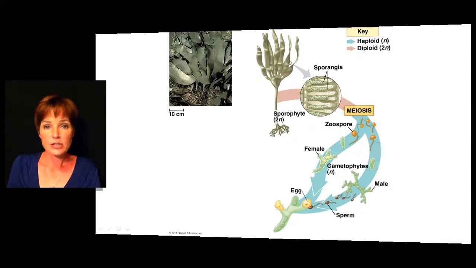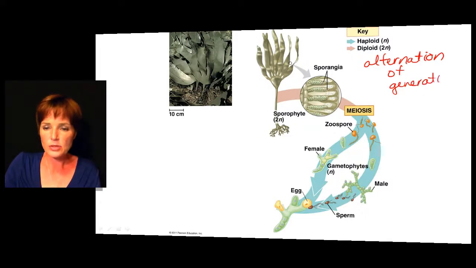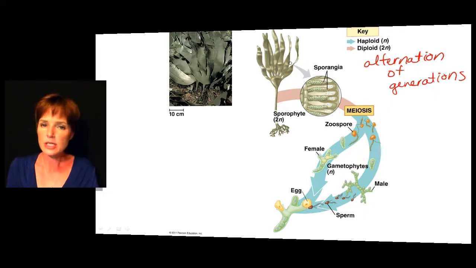Here we have the life cycle of the brown algae. This is also a very complex life cycle. We start to see some of what we call alternation of generations. And that alternation of generations refers to the fact that we can have multicellular haploid organisms and multicellular diploid organisms. And this is something that we don't see when we're talking about some of those other protists, or when we talk about some animal cells, fungi. It's something that's fairly unique to plants, but we do see it in the brown algae and a few other